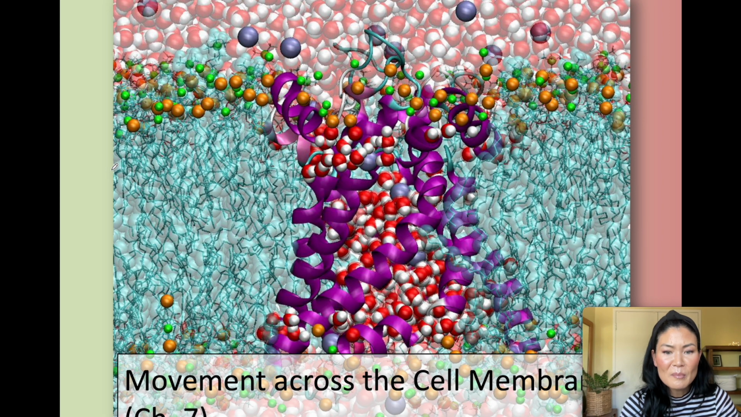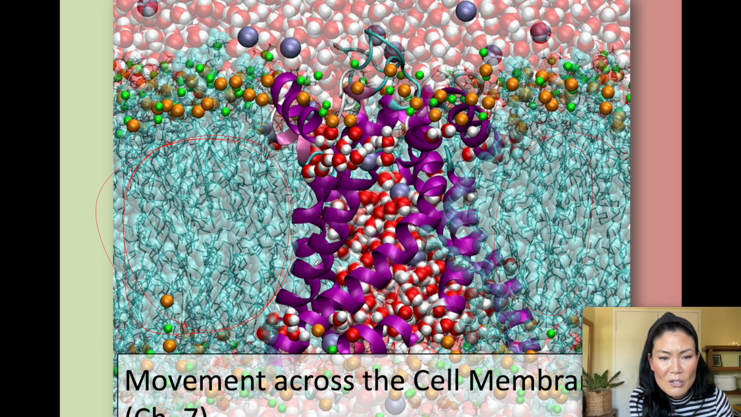Now let's talk about the movement across the cell membrane. How do things get in and out of the cell? This is a pretty amazing computer-generated image. This interior portion right here, these are the fatty acid tails, the hydrophobic tails of the phospholipids, and the orange and green are the phospholipid heads. And then the protein, this is a computer-generated image, not a picture,